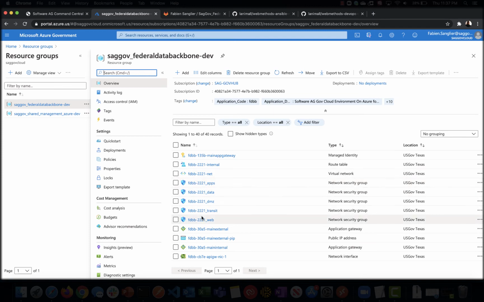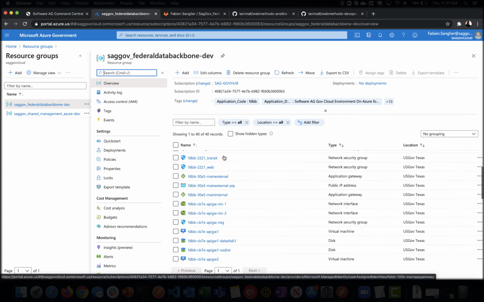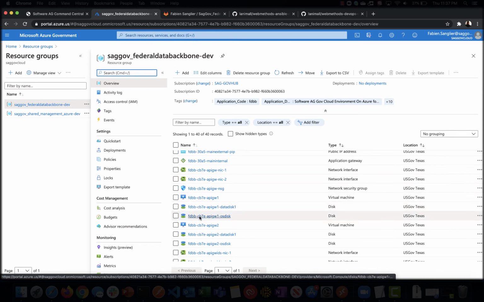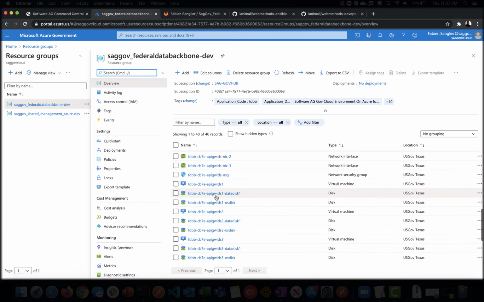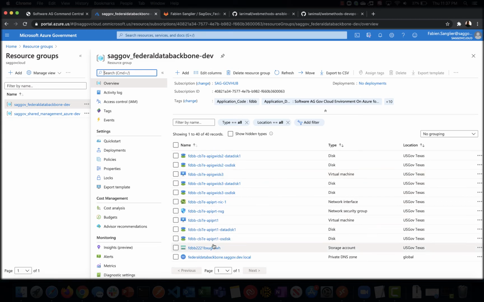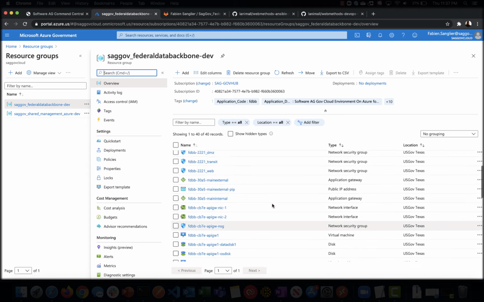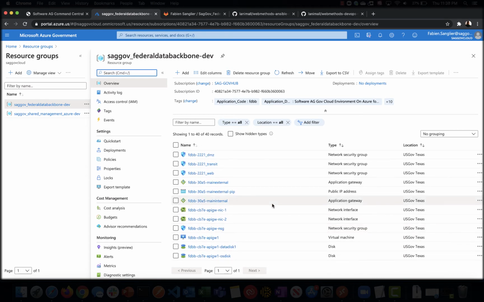That includes all the network items, subnets. We also have the load balancer here, but mostly we can see that we have also created the API gateway 1 and 2 nodes, the API gateway internal data store nodes 1, 2, and 3, as well as the API portal. Okay, so everything got created successfully, and like I explained in the previous video, this is all bare bones servers at this time. So now we have to go to the next step, which is running our Ansible scripts to